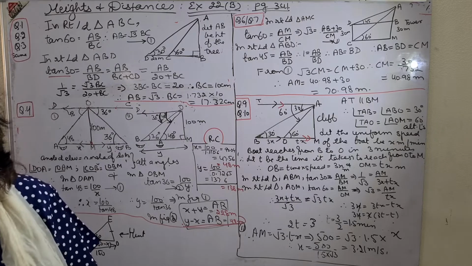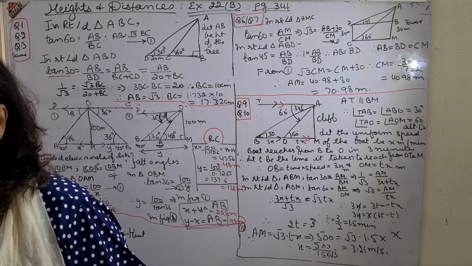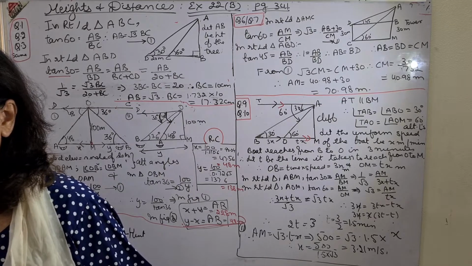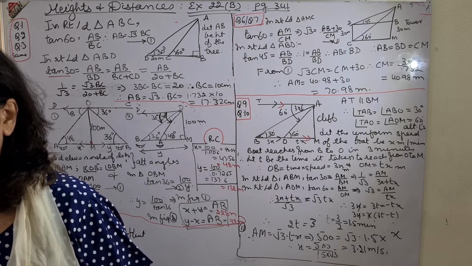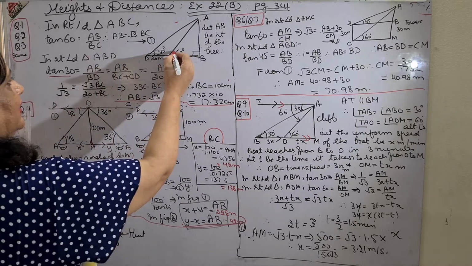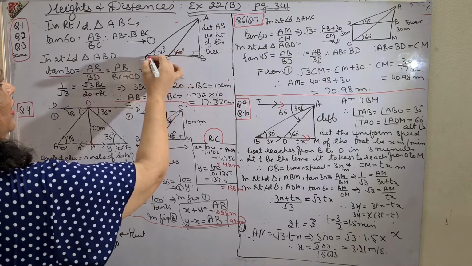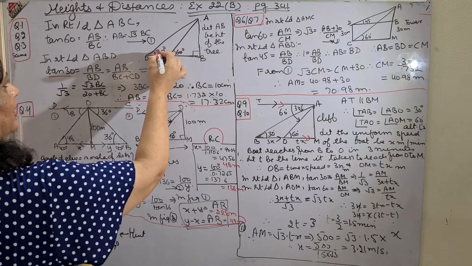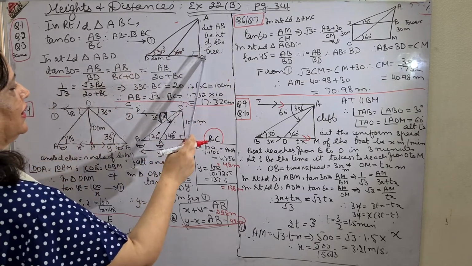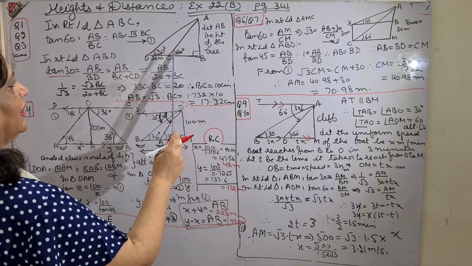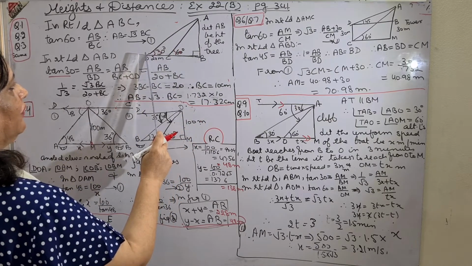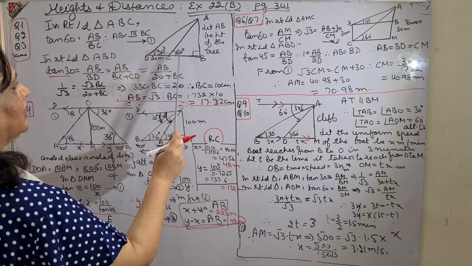Now question number 2. Find the height of the tree when it is found that on walking away from it 20 meters in a horizontal line through the base, the elevation of the top changes from 60 to 30 degrees. So there is a tree, and a person at 60 degree elevation. When I walk 20 meters away from it, the angle of elevation becomes 30 degrees. This is the question in short. The person sees the top of the tree at 60 degree elevation, but when he moves 20 meters further away, the elevation changes from 60 to 30 degrees.